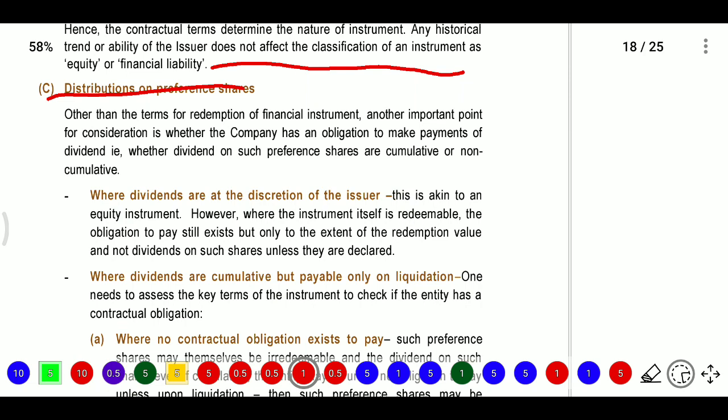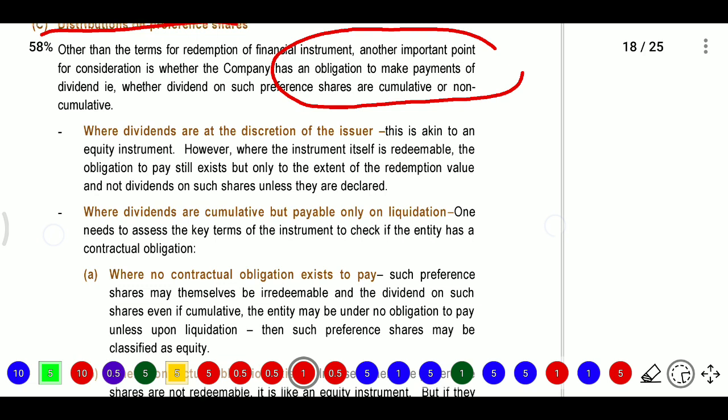Terms of redemption of financial instruments, another important point for consideration is whether the company has an obligation to make payment of dividend. So in preference we need to pay the dividend. So here the dividend is an obligation for that company. So whether that obligation is there or not, and whether the preference shares are cumulative or non-cumulative, where dividends are at the